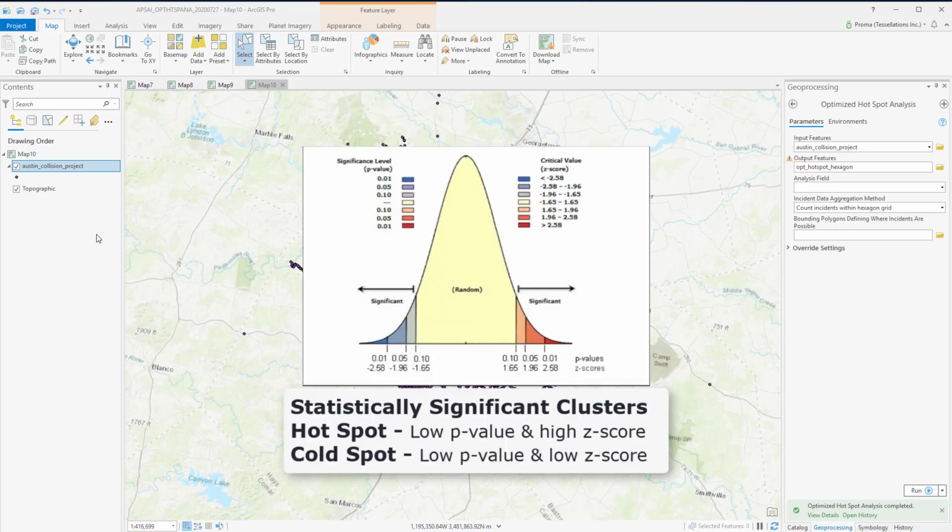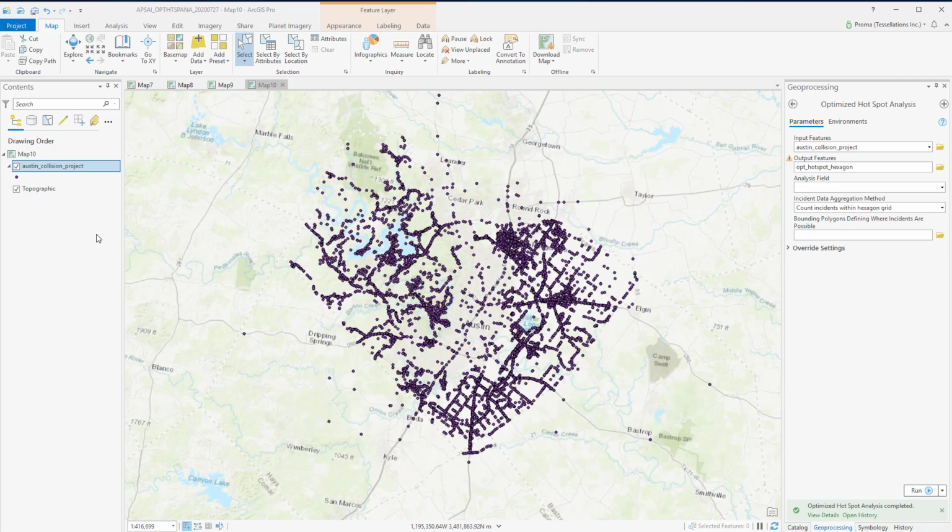The goal is to find out statistically significant clusters of traffic incidents. The input for this tool could be either points or polygons. If you have counts, rates, averages, or indices of your incidents in your input, that can be used as this analysis field. Without an analysis field, the tool will aggregate the points in order to obtain point counts by itself.